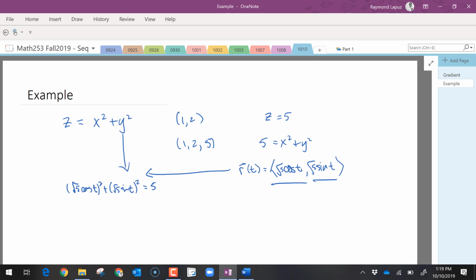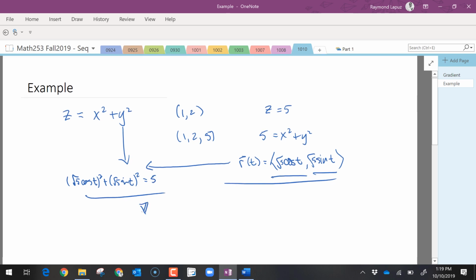Okay. So that's the setup, and the gradient is going to be what? Remember how to take the gradient? Just look at the function, take the derivative with respect to x. What's the derivative with respect to x? 2x. What's the derivative with respect to y? 2y. That's your gradient. Well, that's your gradient at some arbitrary point, but if we take the gradient specifically at